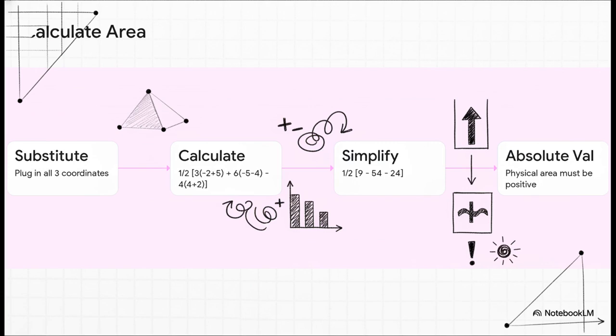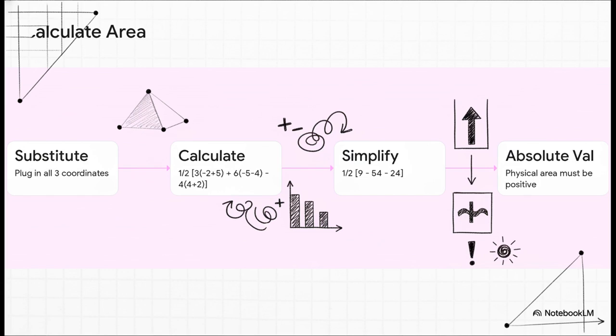First things first, we carefully substitute our values right into the pattern. We get 1/2 of 3 times the quantity (-2 plus 5), plus 6 times the quantity (-5 minus 4), minus 4 times the quantity (4 plus 2). Okay, let's crunch that down. It gives us 1/2 of (9 minus 54 minus 24). That leaves us with